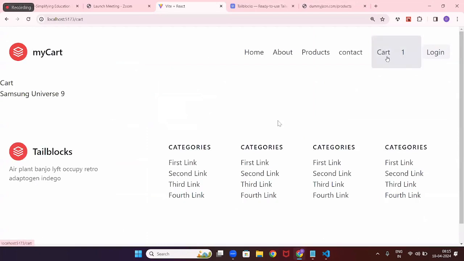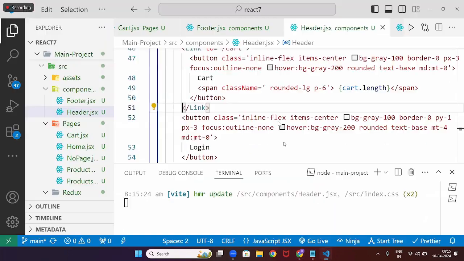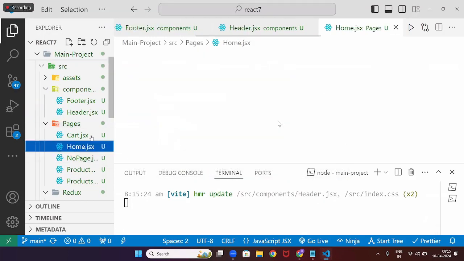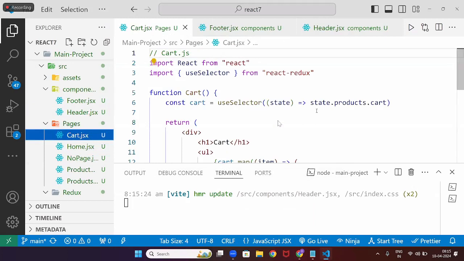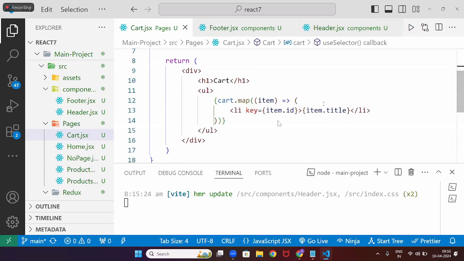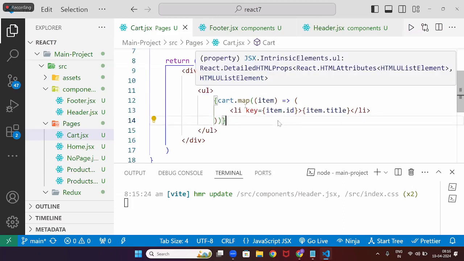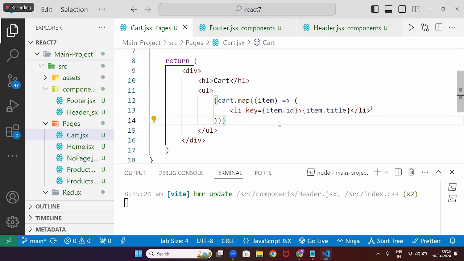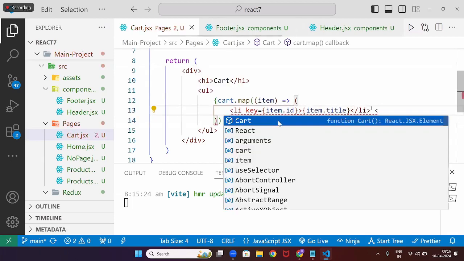If I go to this particular cart page, I'm getting this Samsung Universe. How am I getting it? So simple. I just wrote it in the cart page. In the cart page, I used the same useSelector and took the product state dot product, same as I did in the header. And I just printed the array name like this. Any doubts? Now, here I can put something called UL, and print an LI, and every time it is printing it, I can even keep